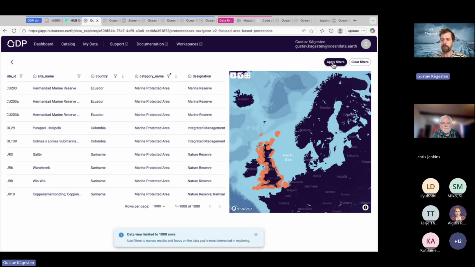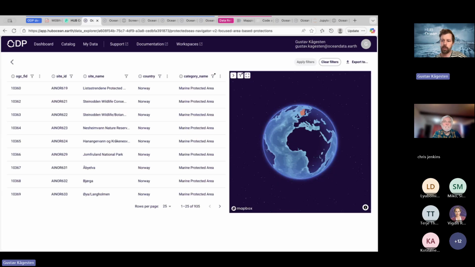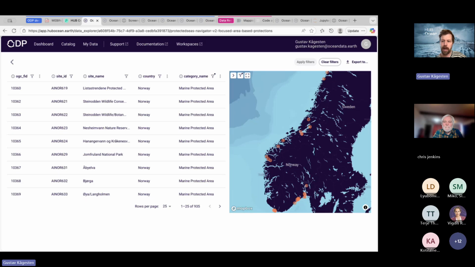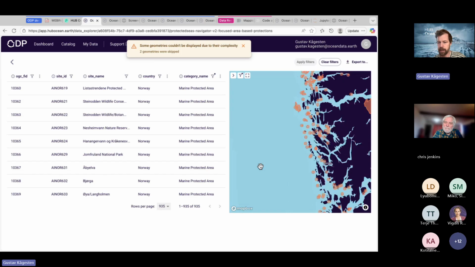And we can actually grab that specific data and download it if you want. So it's quite nice for those that don't want to talk with code, which you can do, of course, through both Python and R. You can do all of these kinds of operations directly from your workspace. We did find 935 polygons around Norway.